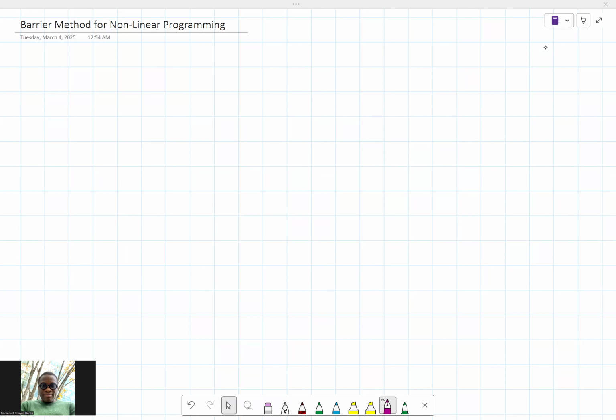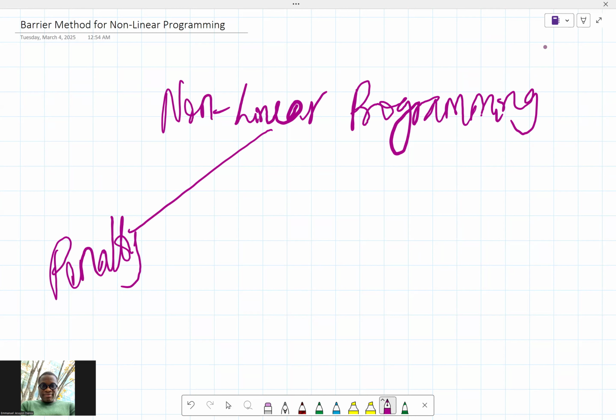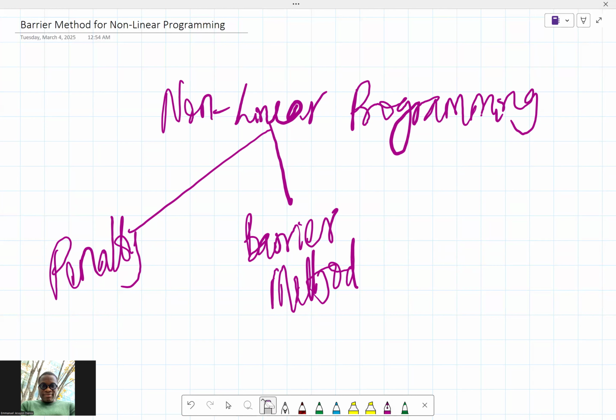Starting from the last video, we started looking at non-linear programming, right? And we said that there are different methods we can consider for non-linear programming, like the penalty and barrier methods. Actually, they go together, but I have decided to split them up here for better understanding. So in the last video, we looked at the penalty method. Now we want to consider the barrier method, and later on, we'll be looking at the